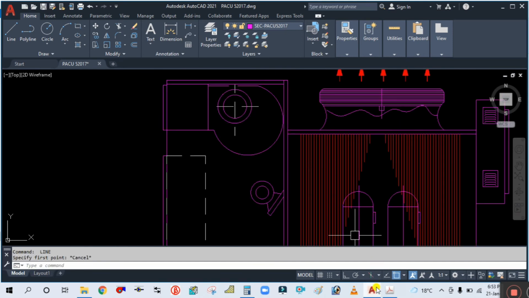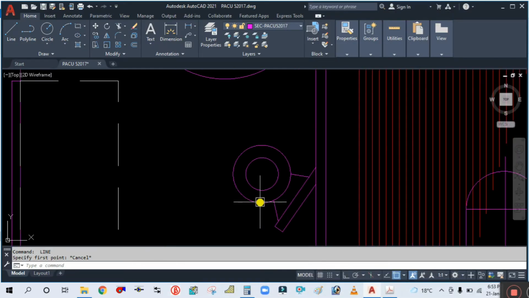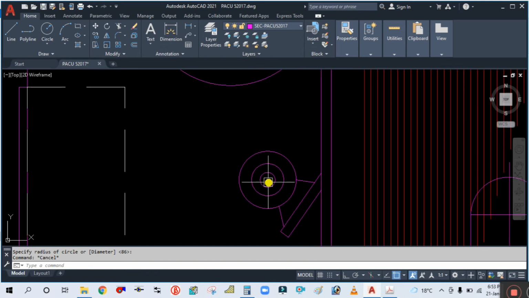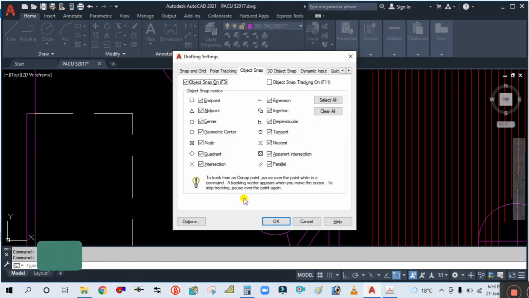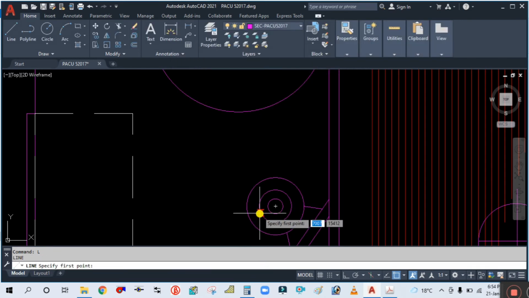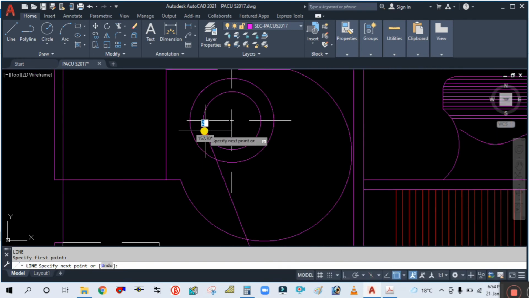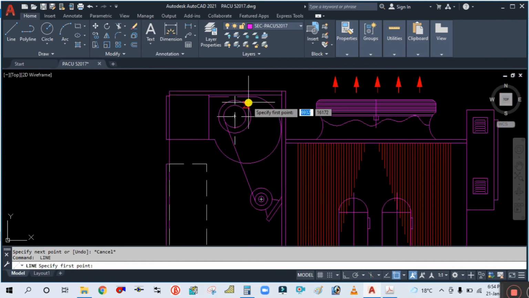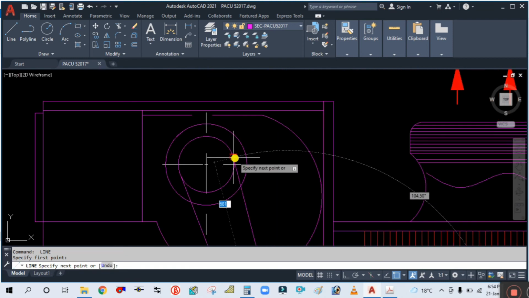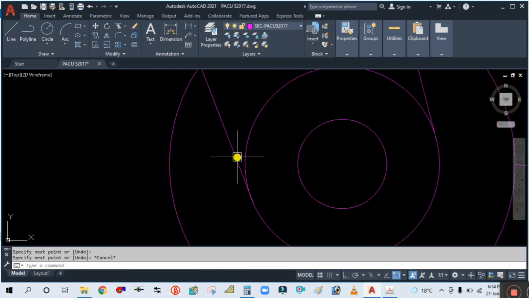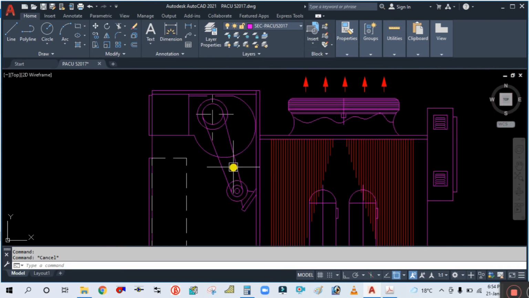Okay, now this is the belt. You need to draw one more circle, a small circle inside. Okay, the next one is you have to draw this. Check this, go to the object snap, you can see here all of this is selected, so it's good. Now we simply draw the line from here to here. Okay, so this is the tangent, so this is fine. Okay, so this is your pulley,